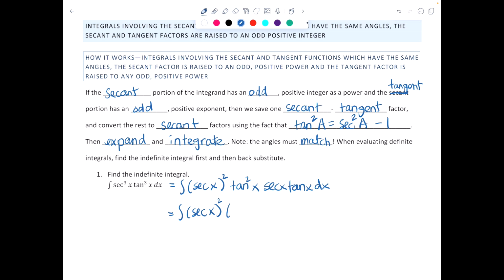I'm turning that tangent squared at x into secant squared at x minus 1. And then secant at x times tangent at x dx is my g prime. So g at x is going to be equal to secant at x, and g prime at x is secant at x tangent at x dx,